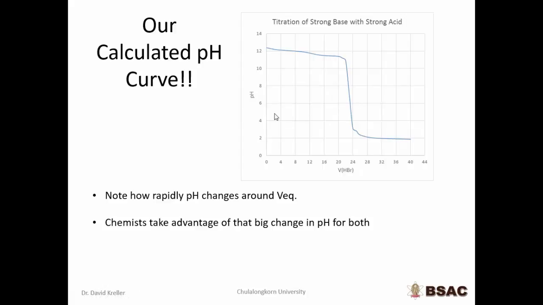Well, chemists are very much aware of this big change in pH, and actually that's the basis of how pH titrations are used. So whether chemists are using indicators to detect the endpoints, or using automated methods, like some kind of instruments that automatically do titrations, that big change in pH as a function of volume of titrant is